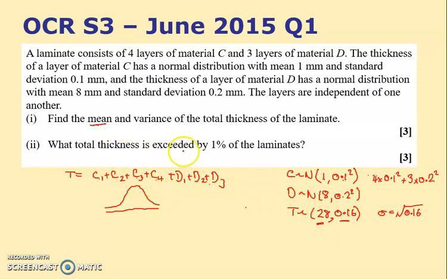But the total thickness exceeded by 1% of the laminate, that's what I was looking at then, jumping ahead of myself really. In the middle I'm expecting to get 28. Now there is some value, and what thickness is exceeded by 1%. So I think 1% is here. That's meant to represent 1%. By definition then, there's a number below which 99% of them fall. I'll call that T. And to find T, we use the inverse norm